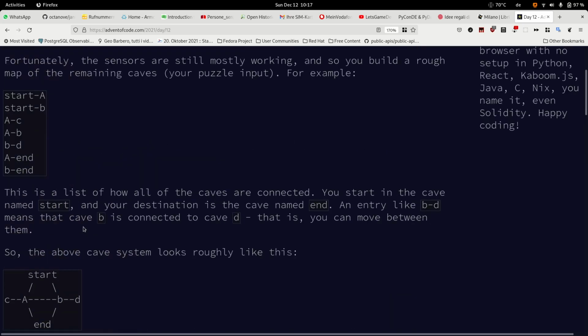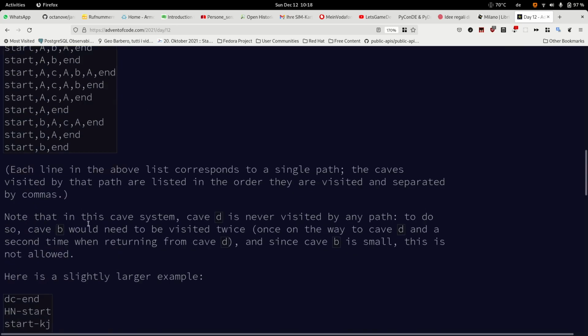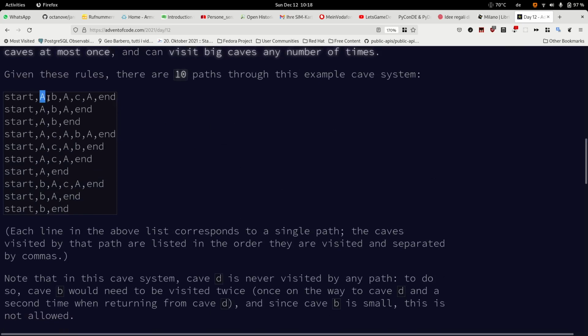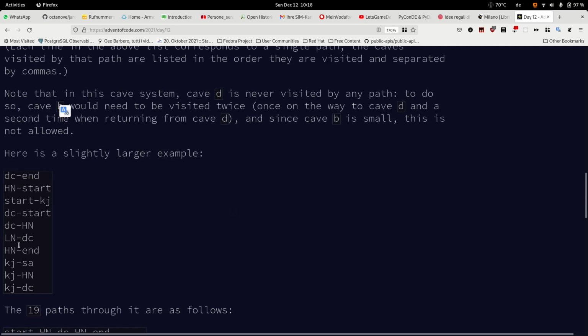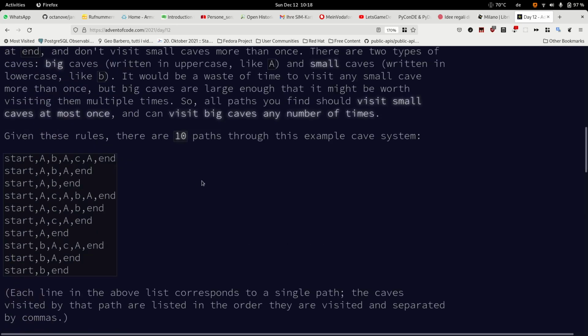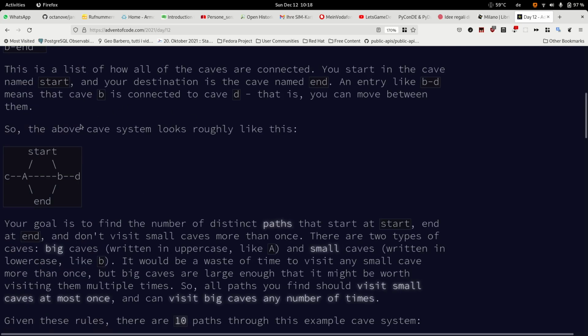We do not have more drawing, but it can be much more complex. In this graph, except the start and end node, every node is represented by an uppercase or lowercase string. For example, here we see that there is uppercase A, but also lowercase b, and so on. And the problem is asking us to count how many possible distinct paths are there that go from start to end, with the rule that every